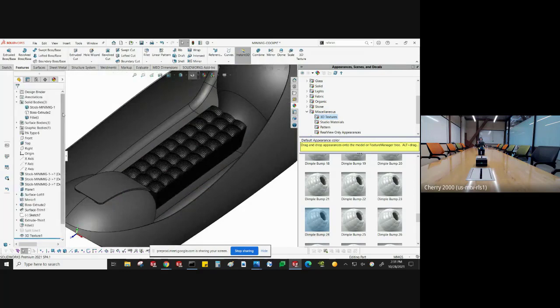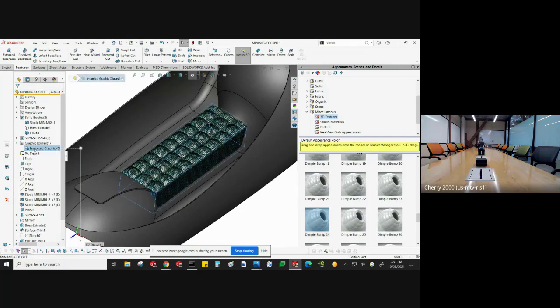But like I said, the part where I was not so happy in 19, I ended up with this imported graphics body, which is cool for looking at and cool for rendering and things like that. But when it comes to manufacturing, it does me no good. It is not a solid. I can't make this into an STL. So